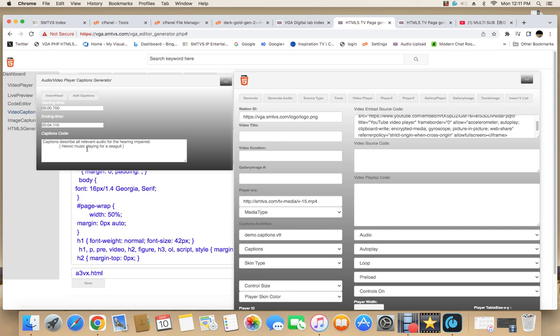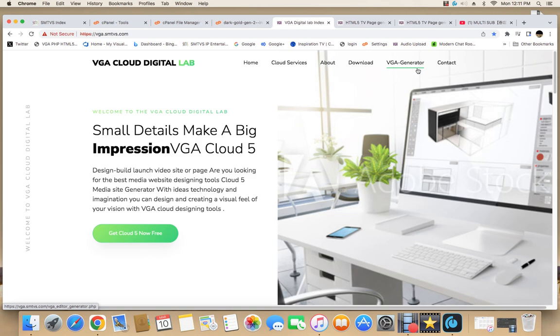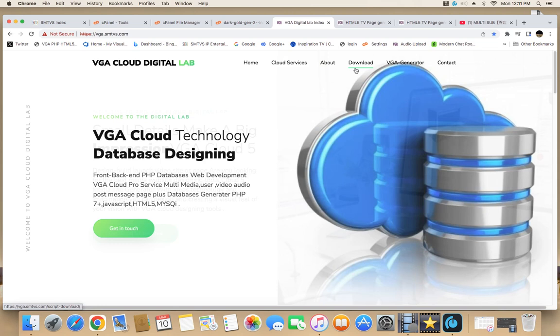So you can now use this tool by going to VGA Cloud Digital Lab and clicking on generator, right? And keep looking over here for stuff that we might put in there for you to download. So in there, over here we have